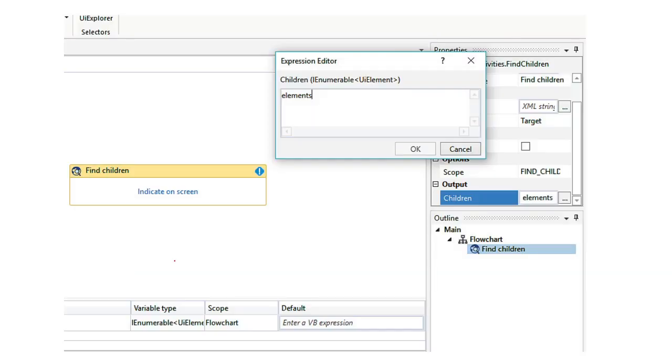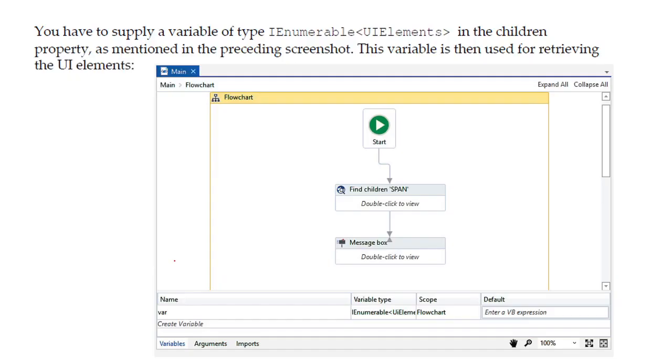Just follow this example. Remember, an interesting data structure that we will use in this case is called IEnumerable, which is nothing but a collection of items. Here specifically we are creating a collection of items of type UI elements.